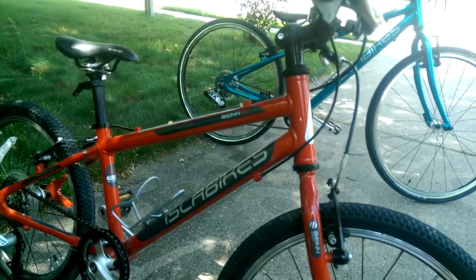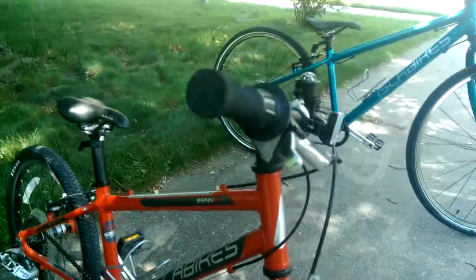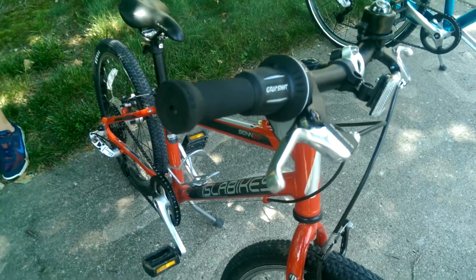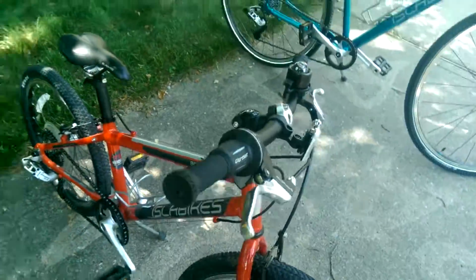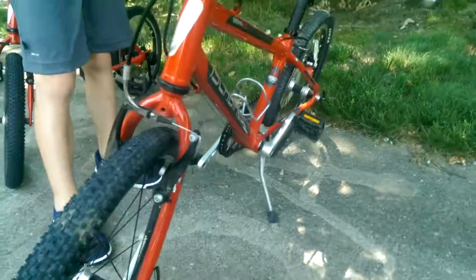We ordered the Beinn 20, which was definitely a change. You no longer have the coaster brake that you have on the CNOC 16, so you just have 2 hand brakes. Still a very short distance between the grip and the handbrake, which is fantastic. These are also a 7-speed bike, so that took a little bit of getting used to, but he took to it fairly quickly. And if you just put it in 3rd or 4th,